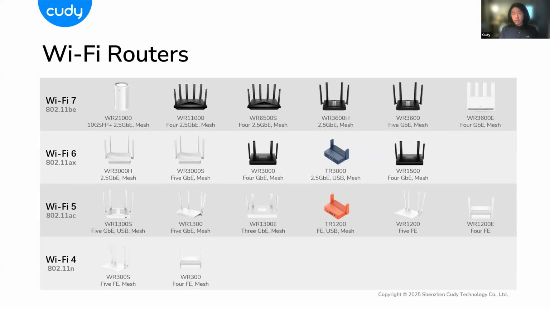Okay, first, let's have a look at Cudy's Wi-Fi routers. So from their models, we know their speed levels. The flagship on the upper left shows the WR21000. That's the flagship we provide, which has a 10G SFP+ slot, allowing for 10G internet access, really fast. So from the top flagship to the right, the speed goes down to 3600 megabits per second, but it's